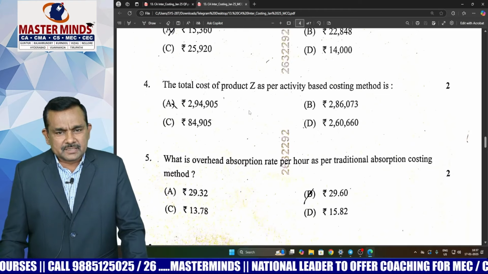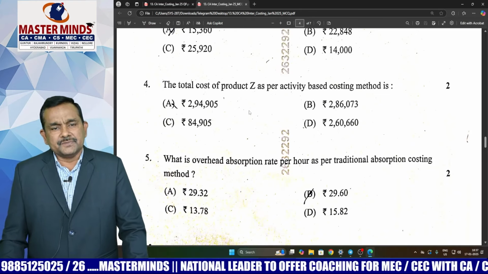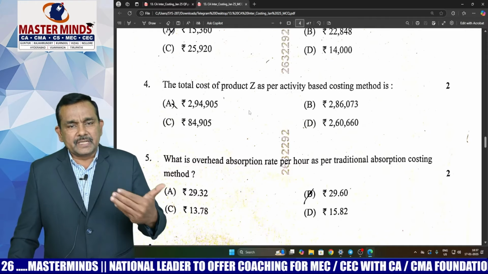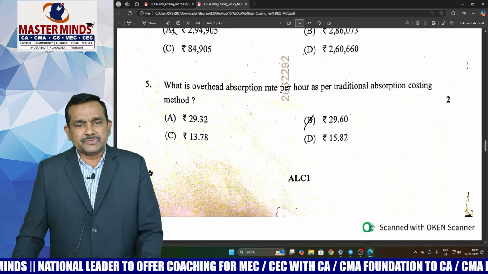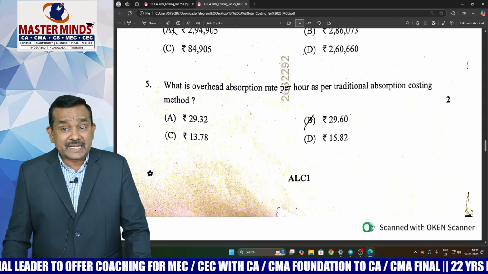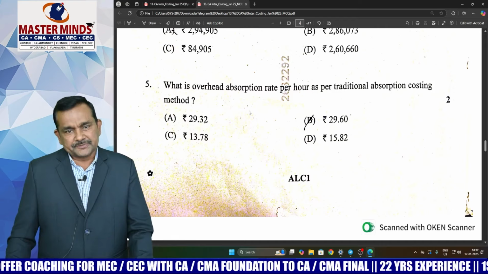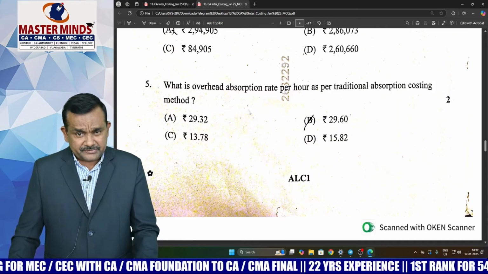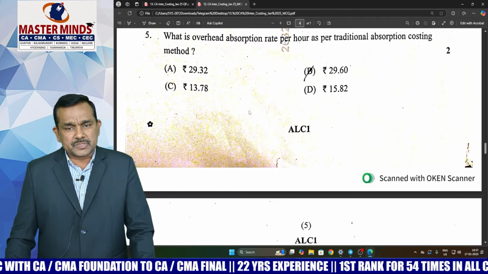Next, the total cost of product Z as per activity based costing method. So first calculate the overhead cost, next material cost, next labor cost, add them, we get the total cost. Next, what is the overhead absorption rate per hour as per the traditional absorption costing method? So your driver name is hours, sir. So the entire total overhead cost of the firm divided by total hours, then we'll get the overhead absorption rate